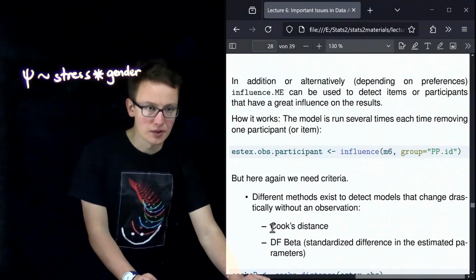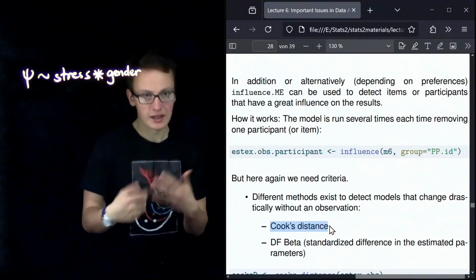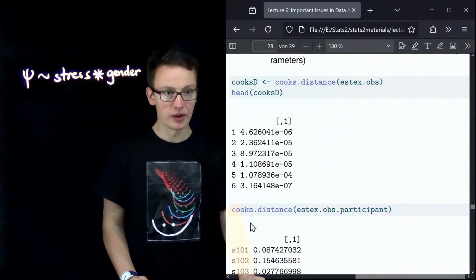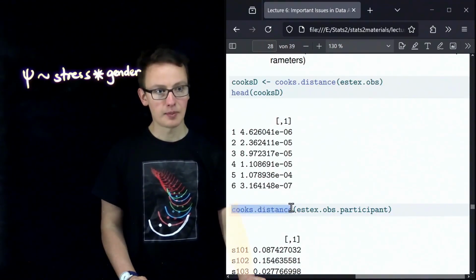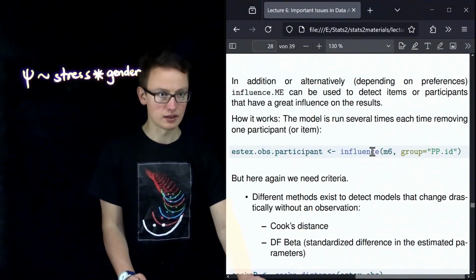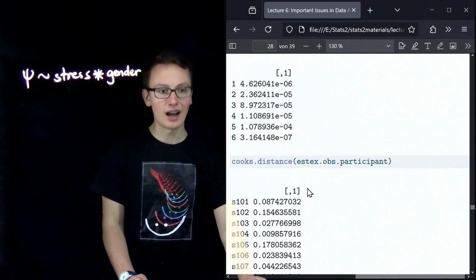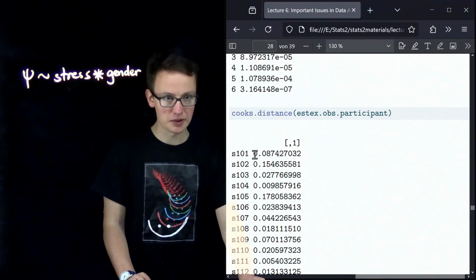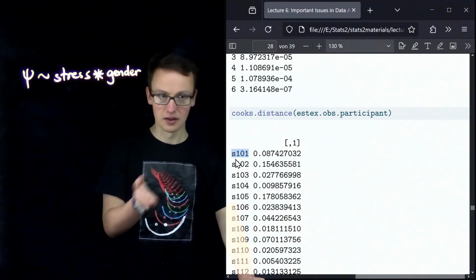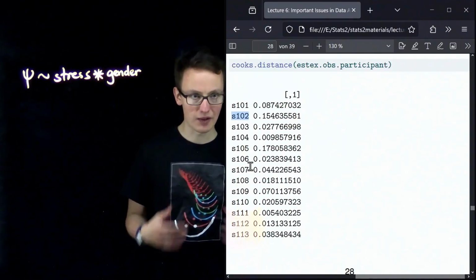And now we can compute the Cook's distance again. But as opposed to before, we now want the Cook's distance for a particular participant, as opposed to just a single data point. So the way to achieve this is to run the cooks.distance function again, but this time on this output, stex.obs.participant, that we created using this additional argument group by PPID, okay? And now the result will show us a Cook's distance value for each individual subject or participant. So S101 is the first participant, I guess, S102 is the second one, and so we can see basically how much every single person